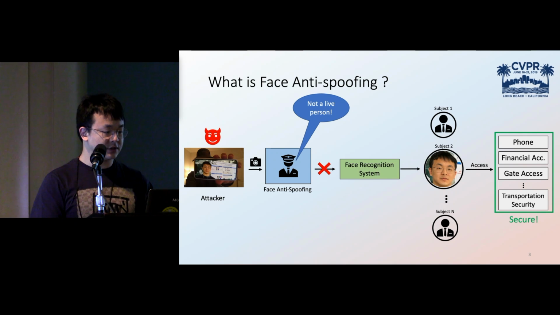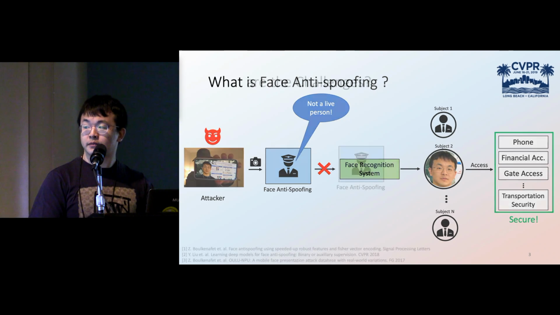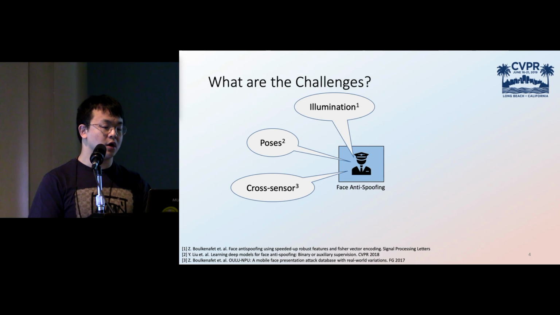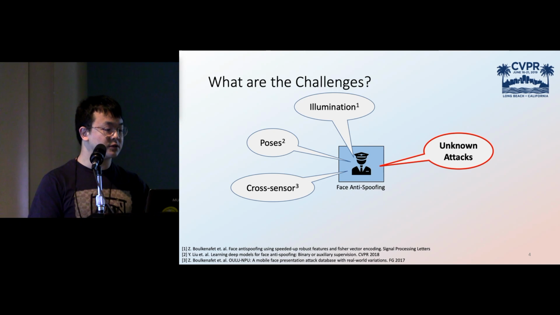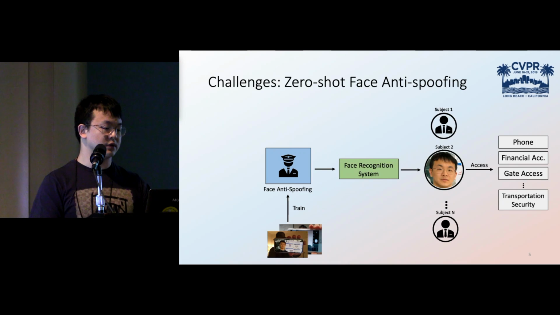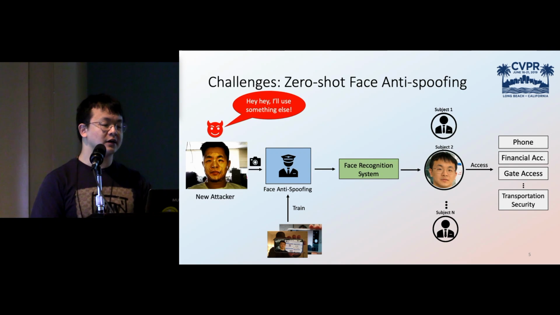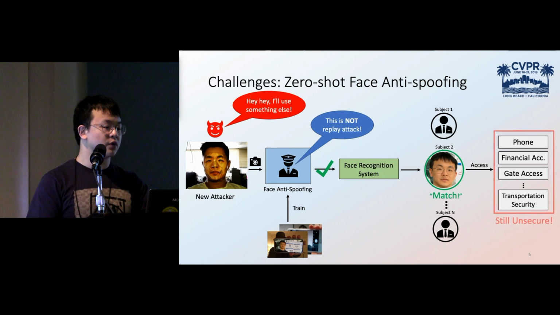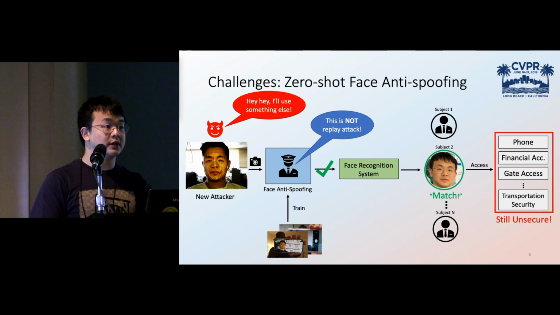There are many challenges in handling face anti-spoofing, such as illumination, pose, and sensor variation. However, among all the challenges, unknown attacks are the hardest one, but the least studied. Imagine your face anti-spoofing system is well trained with screen attacks. But if an attacker launches a mask attack, the system may still suffer severe failure. We regard the detection of unknown spoof attacks as a zero-shot face anti-spoofing problem. But before we dig into any details of our methodology, let's first take a look at the data.